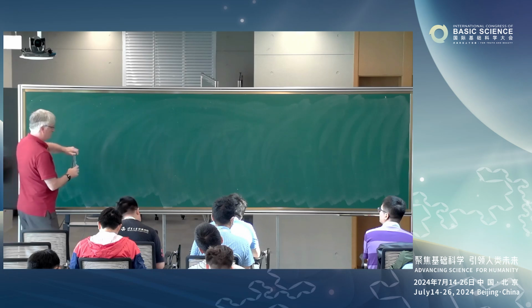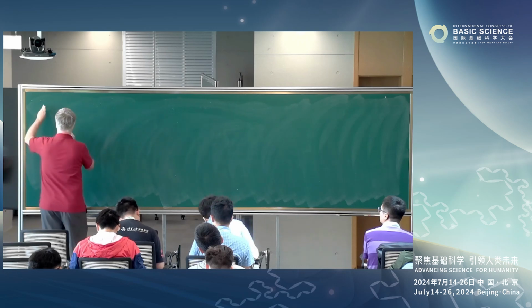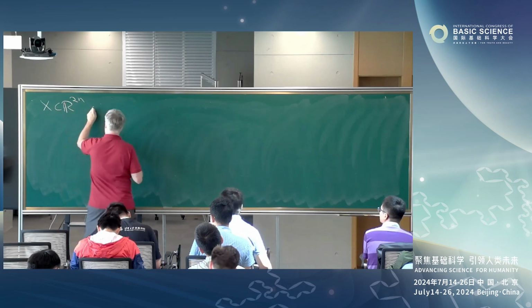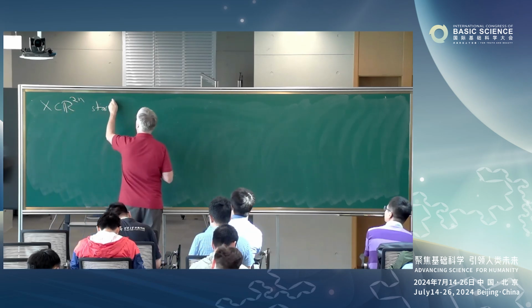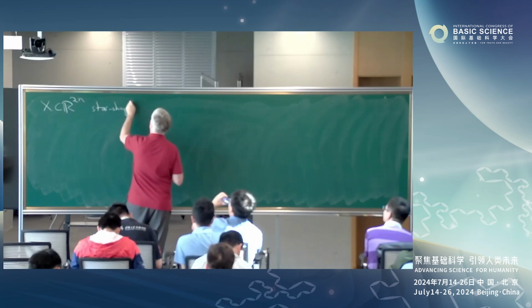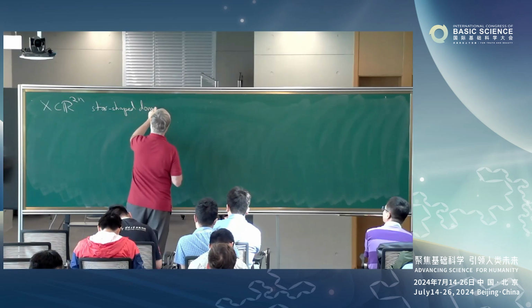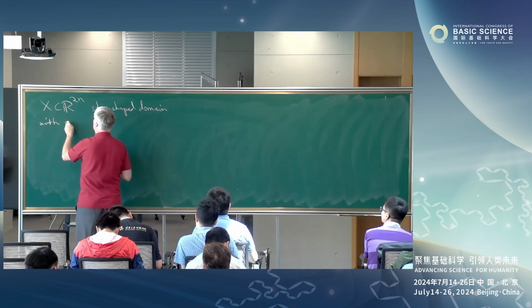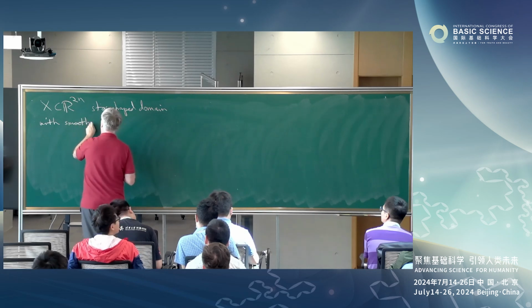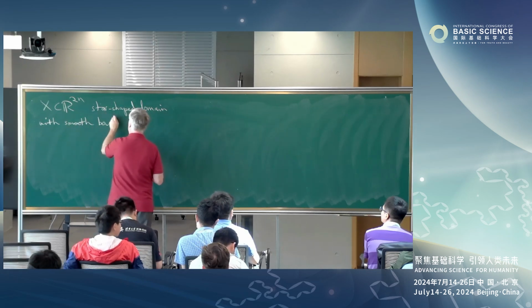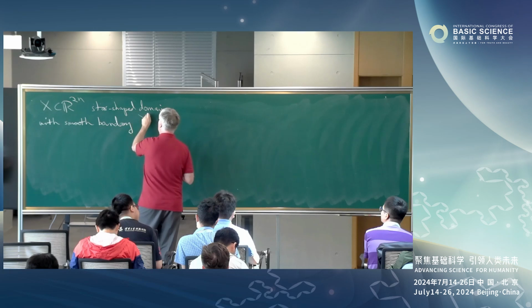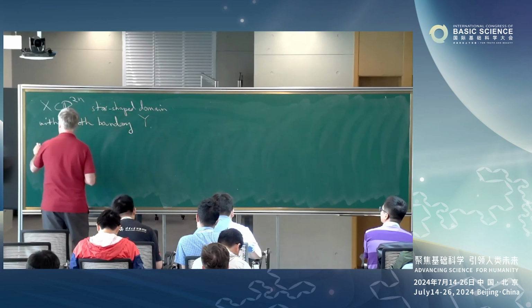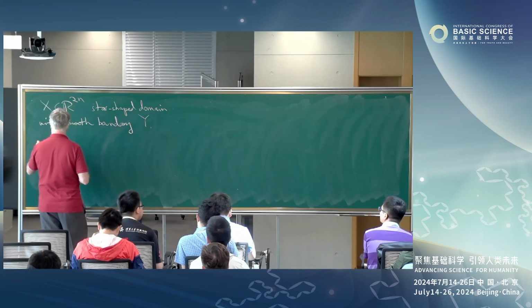So to prepare for that, let X be a star-shaped domain with smooth boundary. And I'll denote the boundary by Y. Okay, so there's a contact form